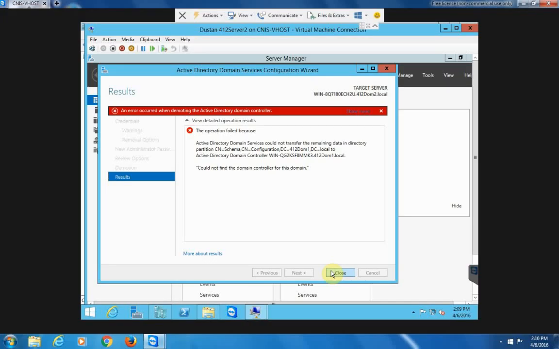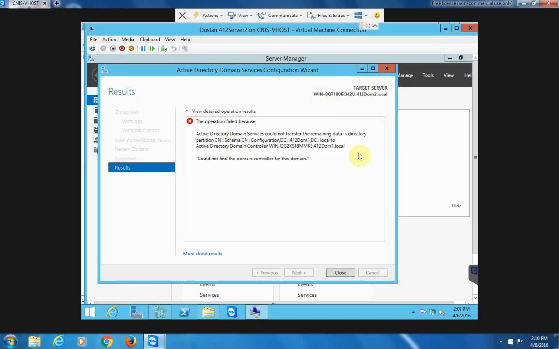configuration window. An error occurred when demoting the Active Directory domain controller. Operation failed. Cannot find the domain controller for this domain. Okay, so it gave me an error. I'm going to try to just go through it again like it told me to. So what does it say here? In the review options window, click demote. When the demotion is finished, the server restarts. If the demotion isn't successful, start from the beginning and click